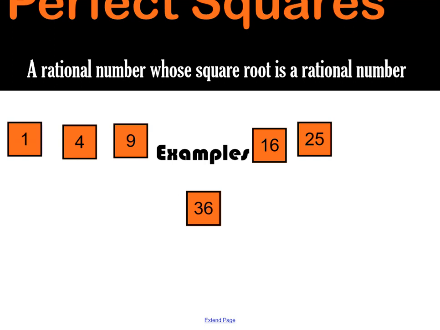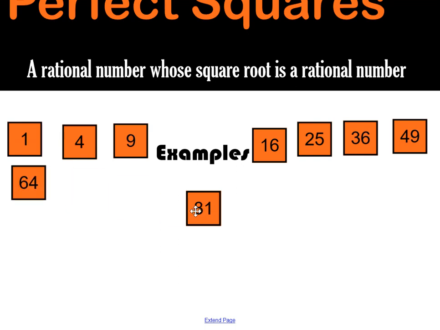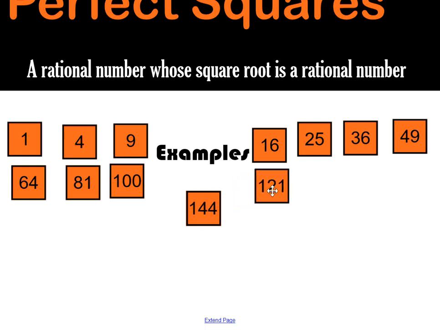For example, 1 times 1 is 1, 2 times 2 is 4, 3 times 3 is 9, 4 times 4 is 16, 5 times 5 is 25, 6 times 6 is 36, 7 times 7 is 49, 8 times 8 is 64, 9 times 9 is 81, 10 times 10 is 100, 11 times 11 is 121, 12 times 12 is 144,